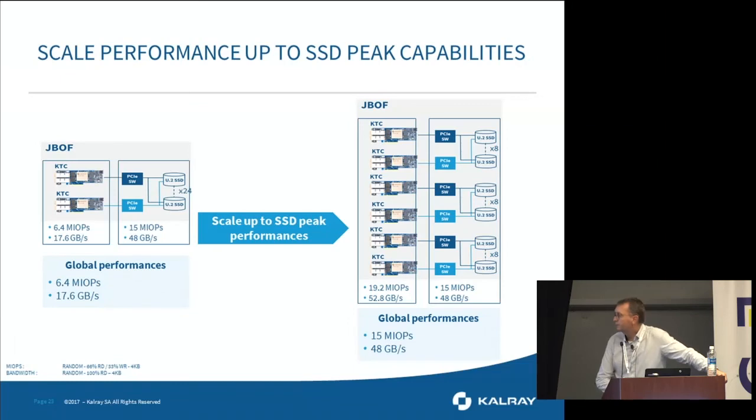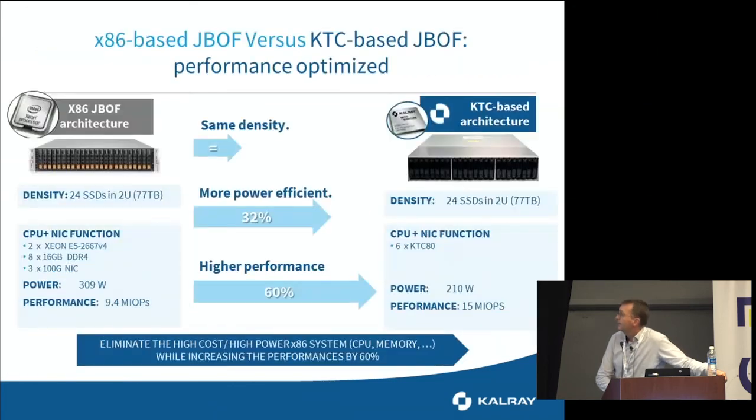And this is a typical diagram. A typical JBOF with six adapter cards exists today. It's not an invention, but it exists physically today. Now, if you remember the different architectures, if you were using an x86-based JBOF, meaning that for exposing the raw block modes to the rest of the system, you want to use an x86 plus an RDMA NIC,